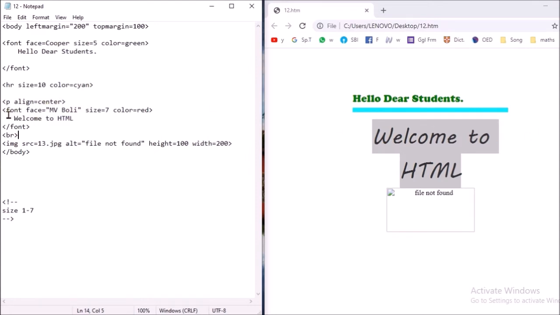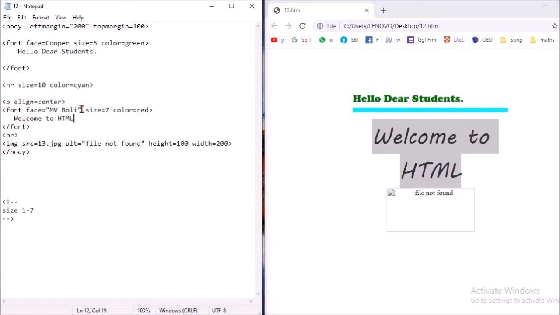Now here once again I have introduced font tag. Now font face. Now I have selected another attribute, that is face. Its name is MV Boli, and I have chosen it for a different show of font face.